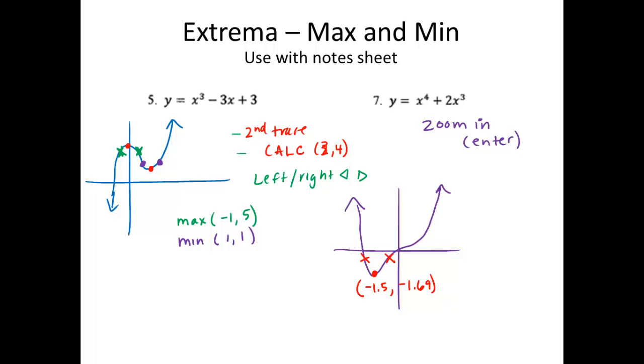And now I want to see if there's actually a maximum around here that's just hard to see. So to do that, again, I'm going to use second calc, choose maximum, and I'm going to arrow over to what I think is the left side, which kind of looks negative. And then I'm going to go to the right side, it might be, and then hit enter again. And it does tell me that I have a maximum. It's really, really hard to tell. You might want to zoom in one more time, but my maximum here is